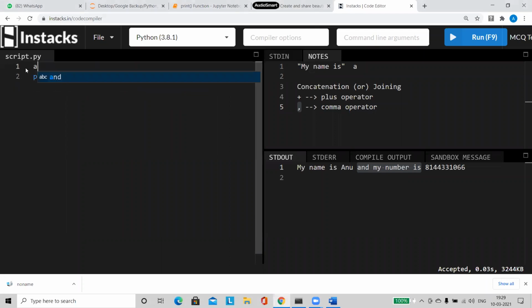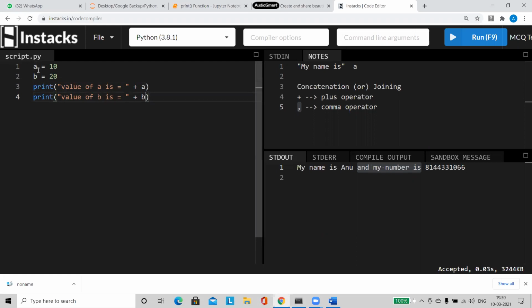Suppose I'm having it like this. I'm saying A is equal to 10. B is equal to 20. Right, so now see what I'm going to do. A is equal to, or we can give anything, value of A is, plus A. Given. So let me just copy this. I'm using the same thing for B.